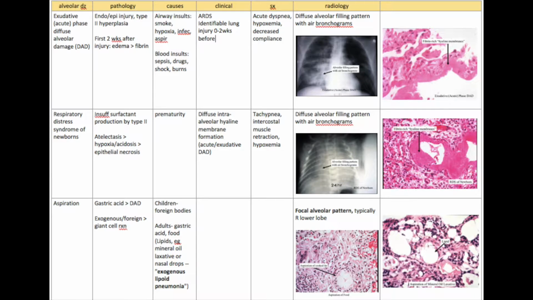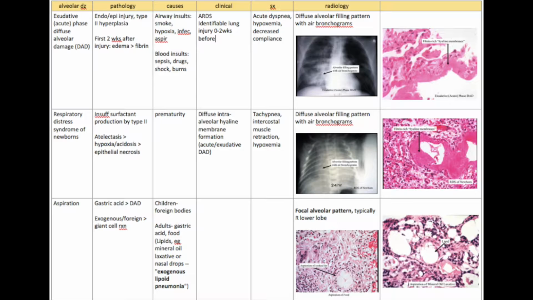In this video, we're going to be talking about alveolar diseases. So the first alveolar disease we're going to talk about is exudative phase diffuse alveolar damage. Just like the name sounds, you're going to see exudate, right? Exudate, you think something is coming out, so that's going to maybe lead to edema. So you already know, exudative phase, something's going to come out, it's going to lead to edema, diffuse alveolar damage, and we know it's very diffuse, and we have alveolar damage. So the name tells us a lot in this case, and what you guys need to know is what's going on